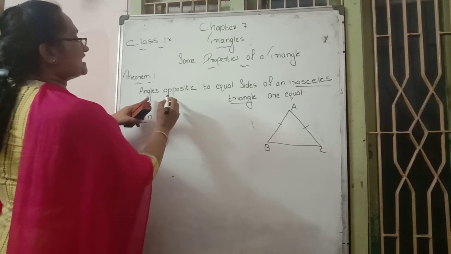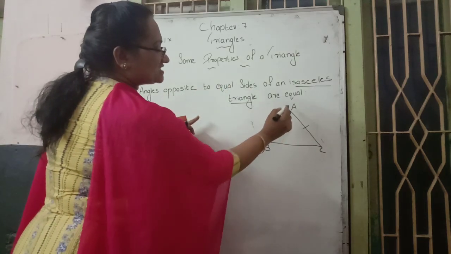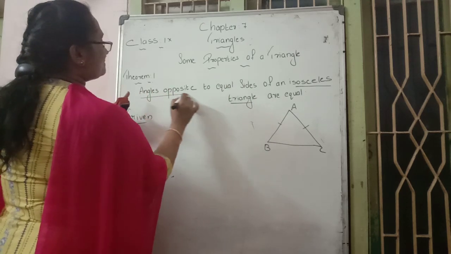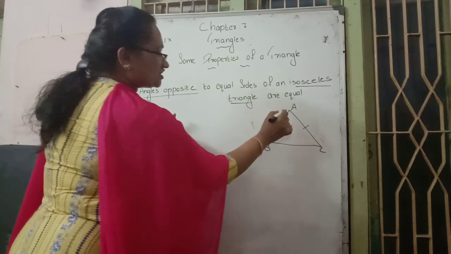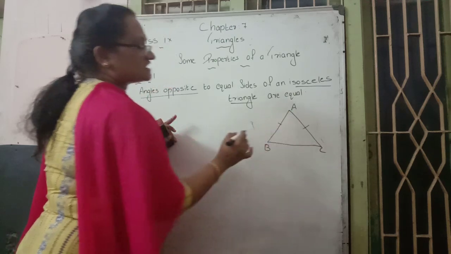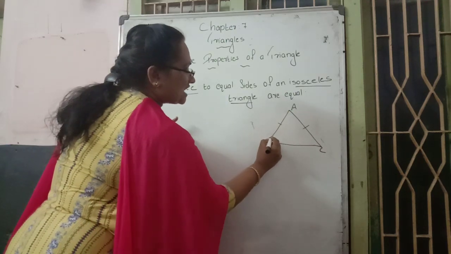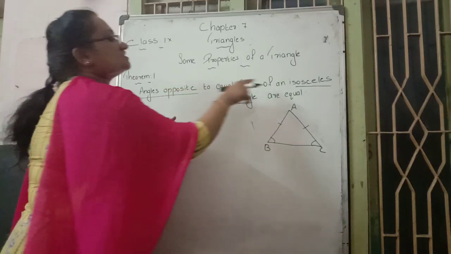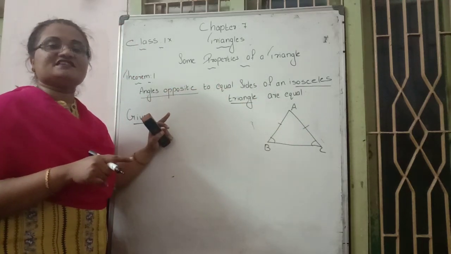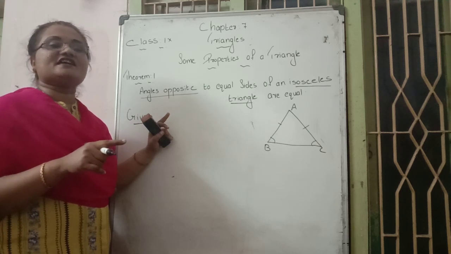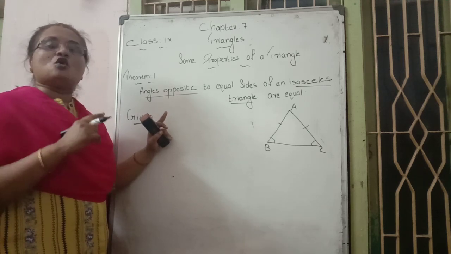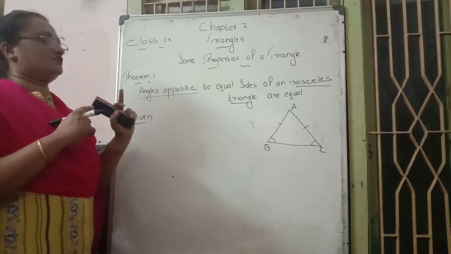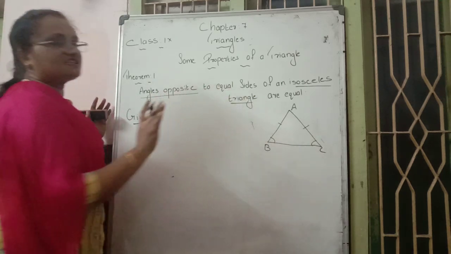Then what are they saying? Equal sides. Which are the equal sides? AB and AC are equal sides. Equal sides' opposite angles are equal. So with respect to the AB and AC sides, the opposite angles, angle B and angle C, are equal. That is the statement they gave: in an isosceles triangle, the angles opposite the equal sides become equal. We want to prove this statement. So the diagram is like this.